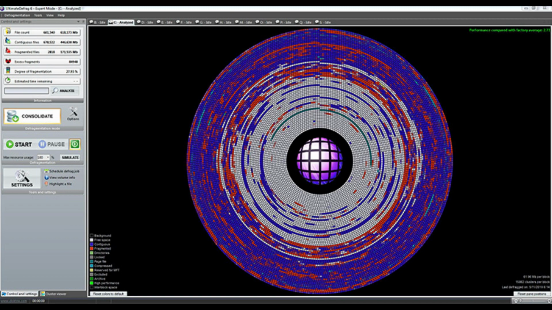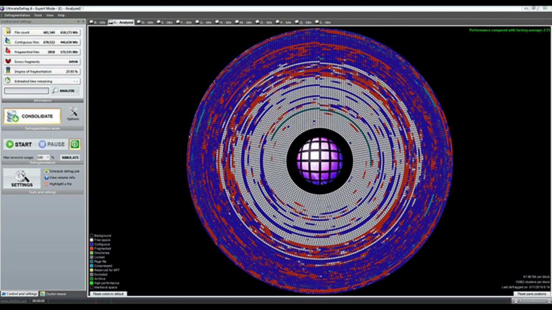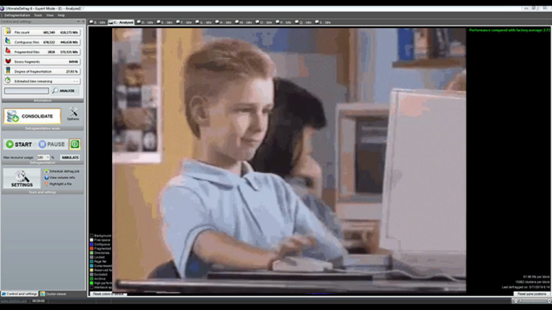Basically, it takes all these chunks and puts them together, and it puts the files that are going to be read the most on the outside, and the files which are probably more for archival purposes that don't get read hardly at all on the inside. Basically it optimizes your disk to make it faster for you,